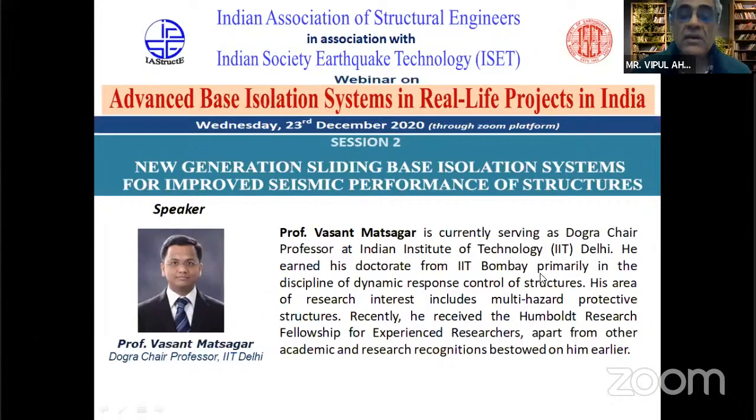In 2014, his patent titled Base Isolation Device for Earthquake Resistant Structures was awarded. Another patent, titled Tunable Shock Absorbing Passive Control Device for Vibration and Shock Response Control of Structures, has been filed in 2019. Also, he has filed a copyright for a method of semi-active vibration control of structures in 2020.